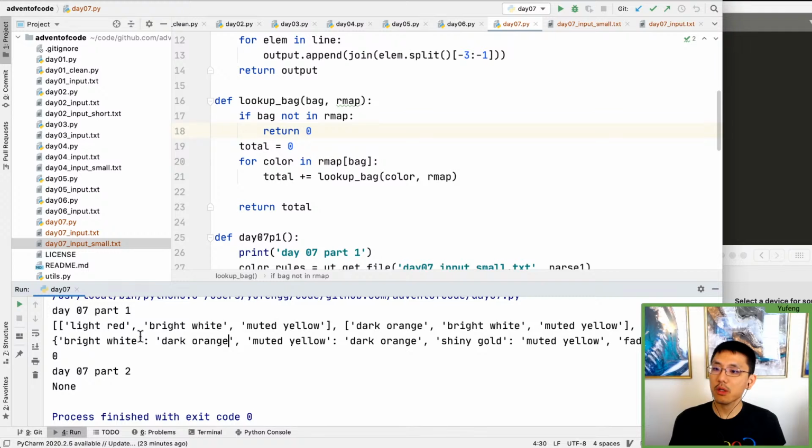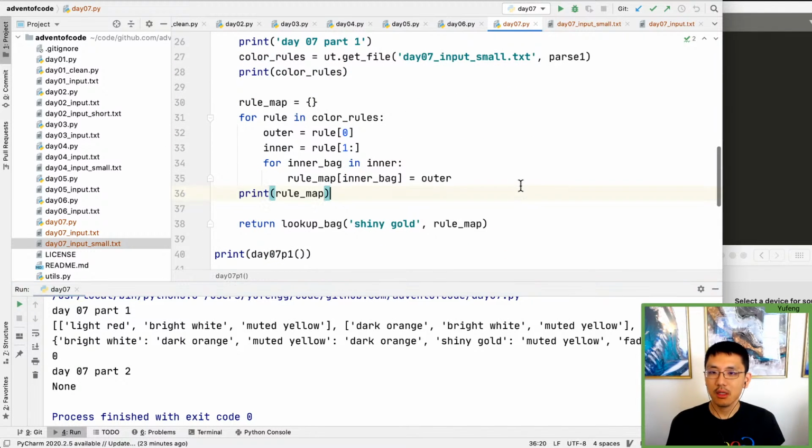Oh no, it's one directional. Remember, it's the inner mapping to its corresponding outer. So every single, right, every inner only has one outer? That's not right. Oh, I screwed this up. Every single inner,